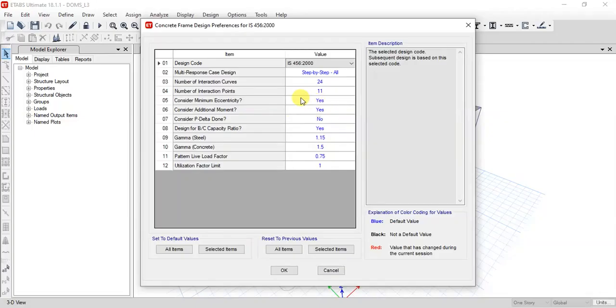These options will be selected by default. If you want to make changes, if you know the particular value, and want to utilize the factor of safety, you can change the factor limit. This is the factor of safety for steel. Then you can click OK.